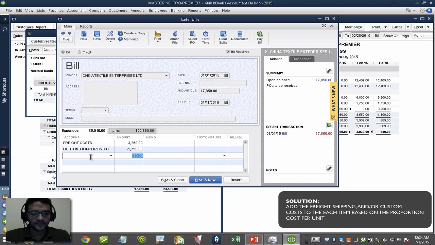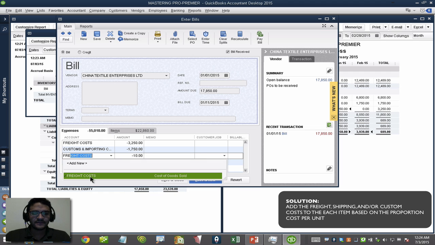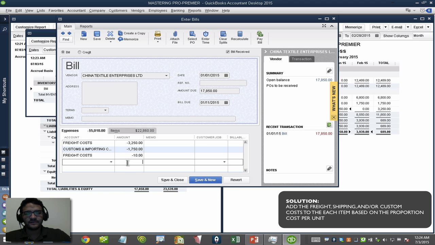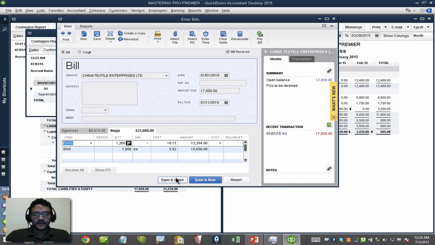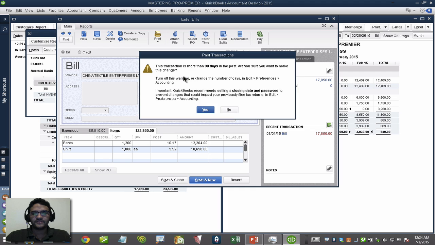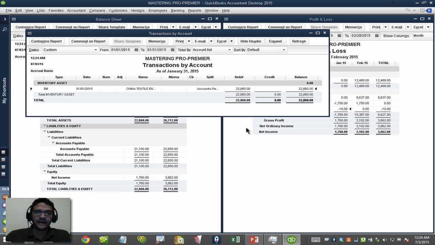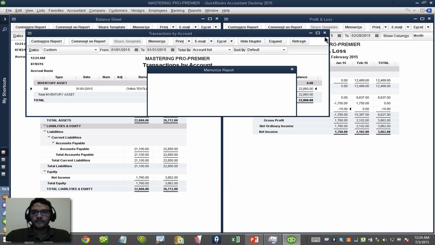That could be a problem, and if that's the case, I just put it back into freight cost. That's not a big deal. It's always a tiny margin of error, and that's the only margin of error that's going to post in my profit and loss, but it's not going to cause a big problem. So I'm going to hit save and close here so we can actually see exactly how this played out. When I go back into my profit and loss,